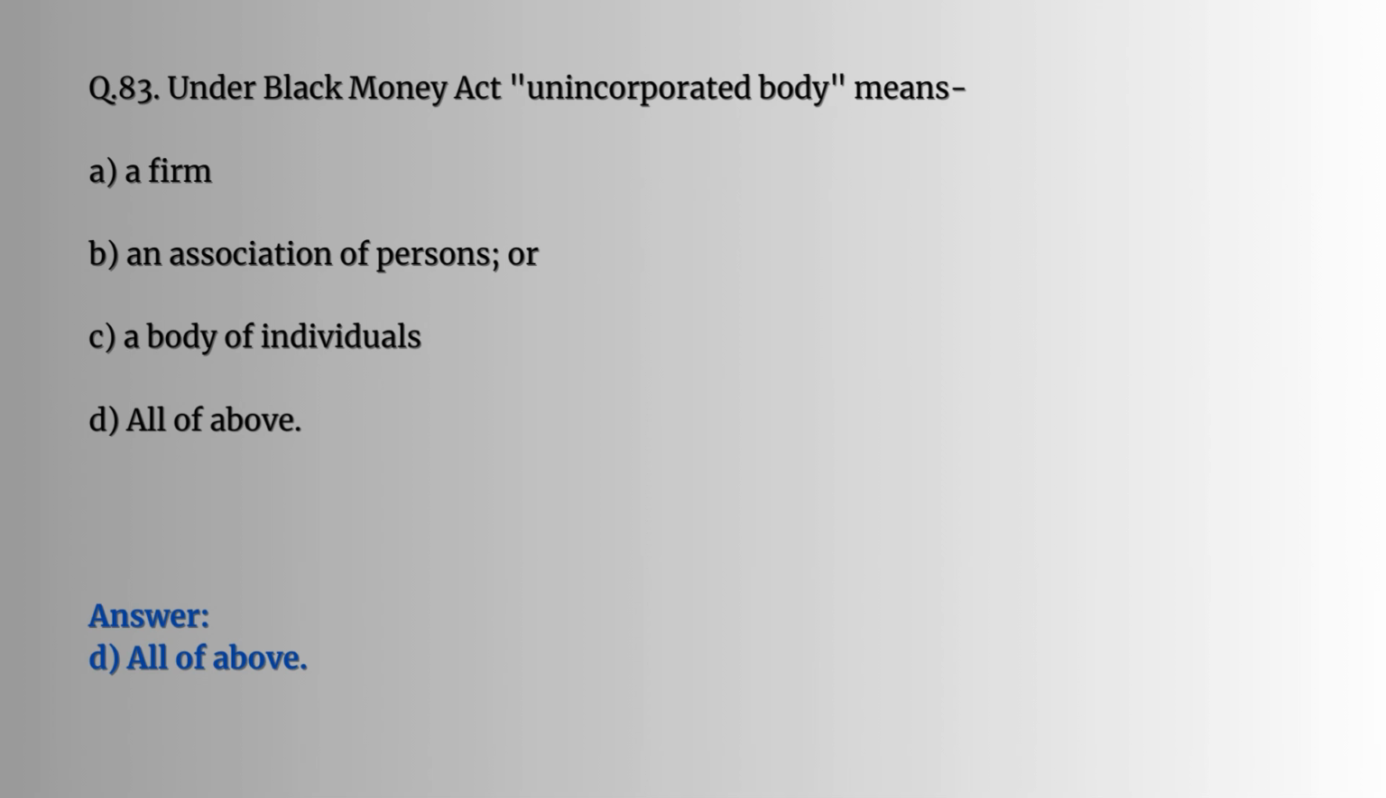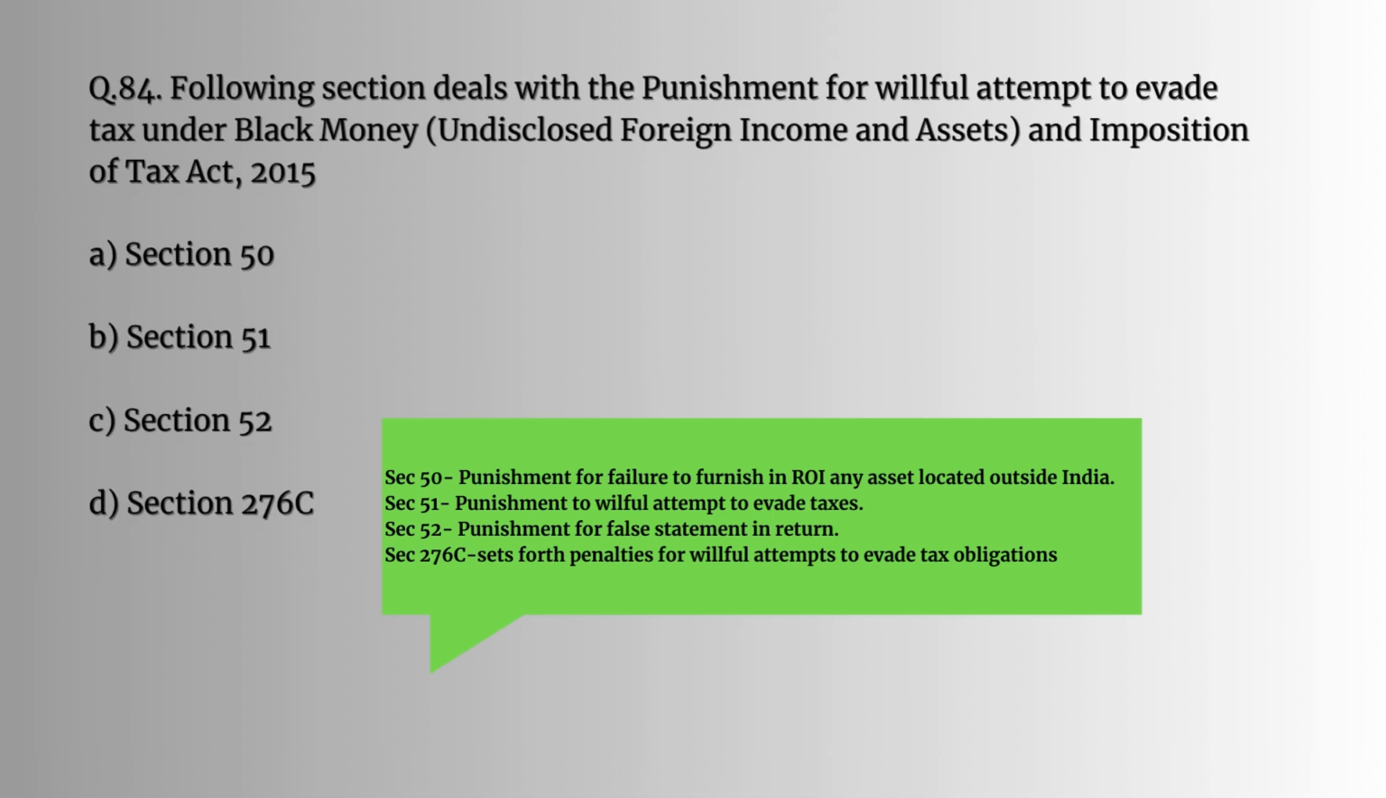Question number 83. Under Black Money Act, unincorporated body means a firm, an association of persons or a body of individuals, all of the above. The answer would be all of the above. Question 84. Which section deals with punishment for willful attempt to evade tax under the Black Money and Imposition of Tax Act 2015? So let's see the sections. Section 50. Punishment for failure to furnish in ROI any asset located outside India. Section 51. Punishment for willful attempt to evade tax. Section 52. Punishment for false statement in return. Section 276C sets forth penalties for willful attempts to evade tax obligation. So the answer would be